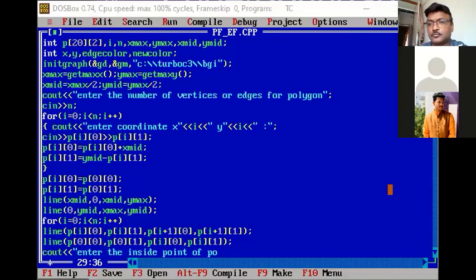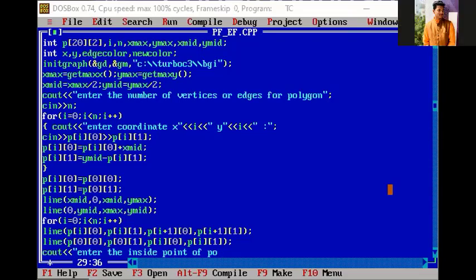Okay, it's again disconnected and connected. Now it's visible to all.